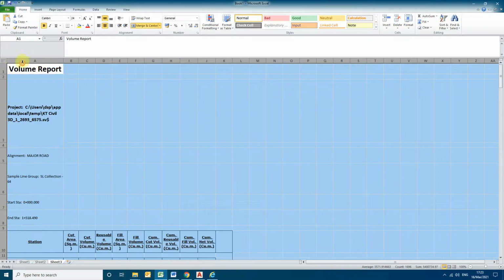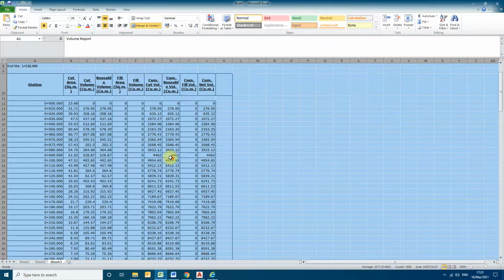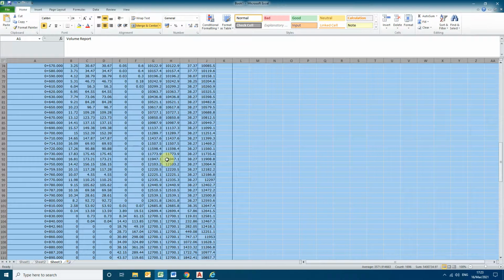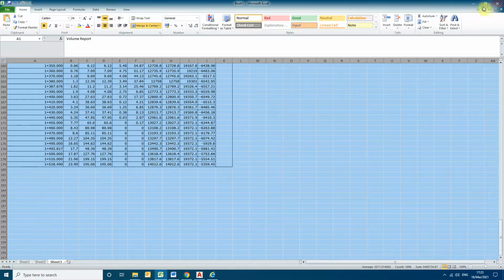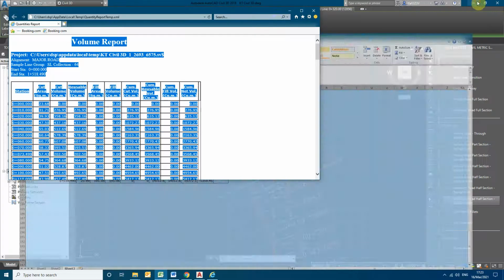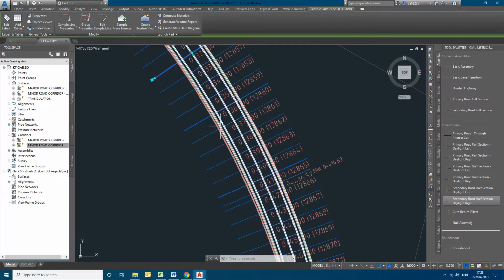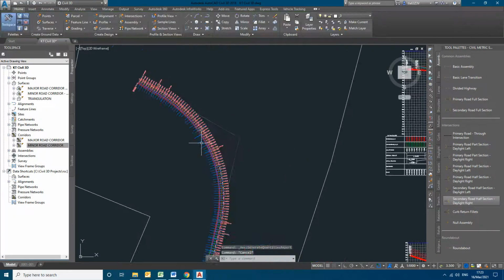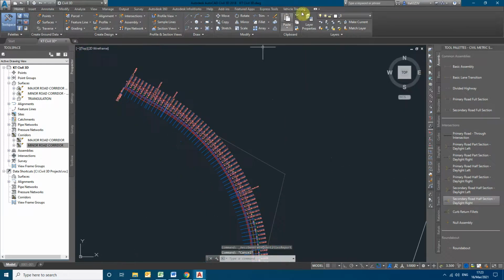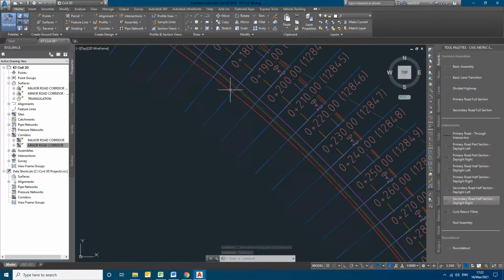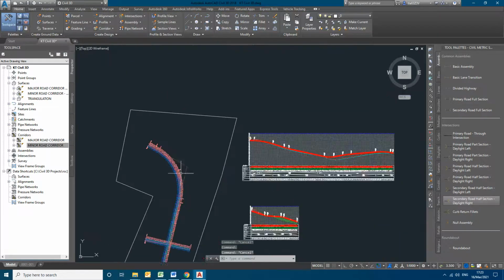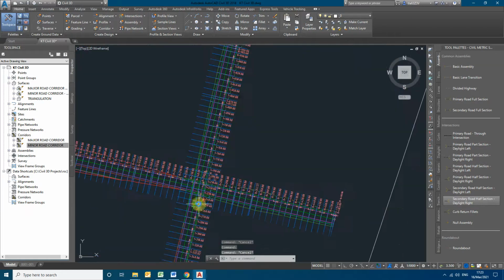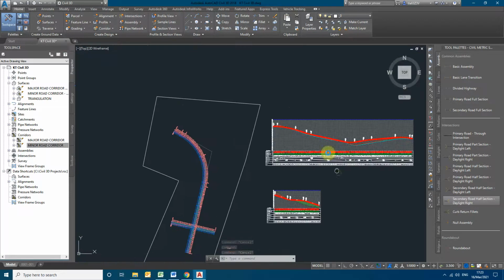These are the earthworks that are generated without applying the superelevation. There will be slight variation in our quantities if we apply the superelevation. So later I will be showing you how to apply the superelevation. Once the superelevation is applied, the same concept of creating the sample lines and calculating the material and getting the report also, it will be of the same pattern. Similar thing has to be applied.